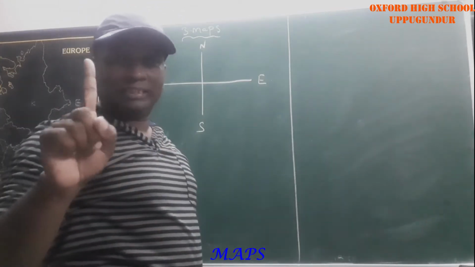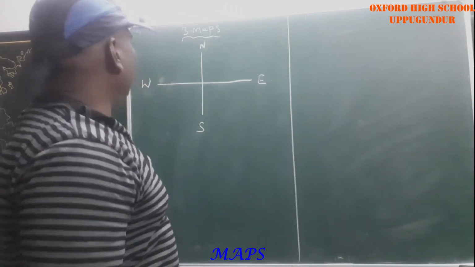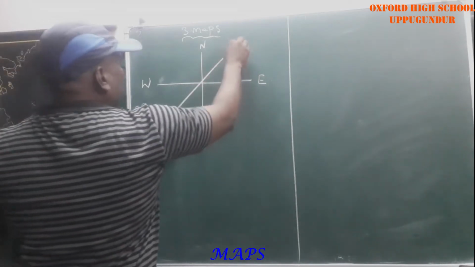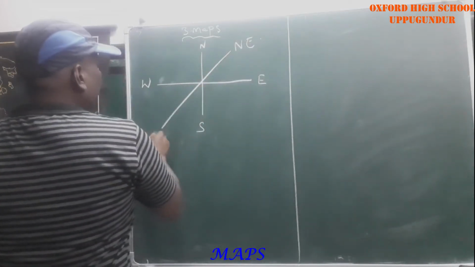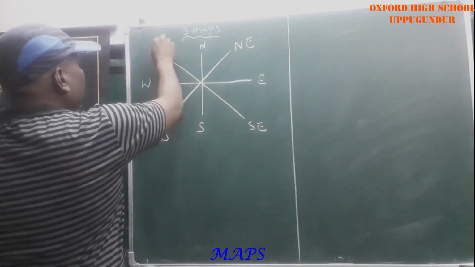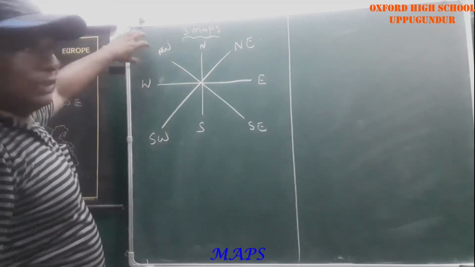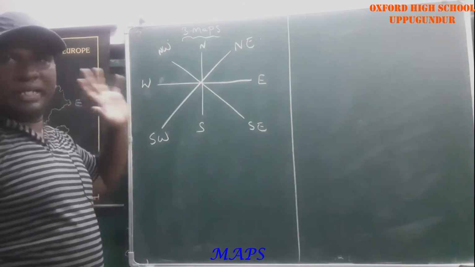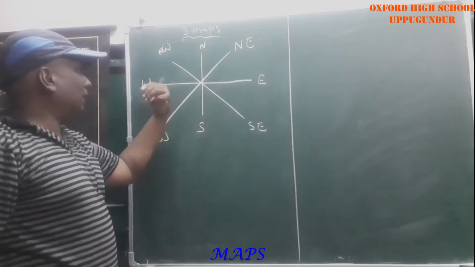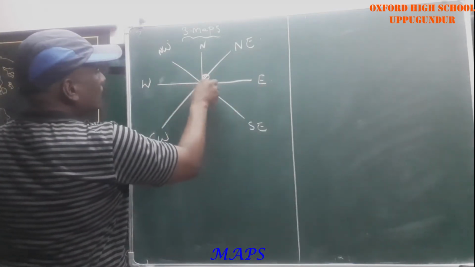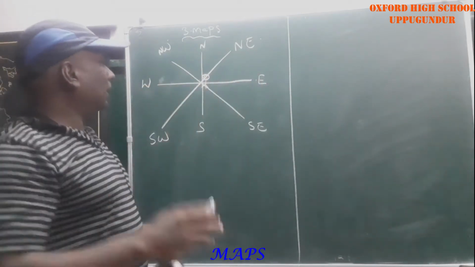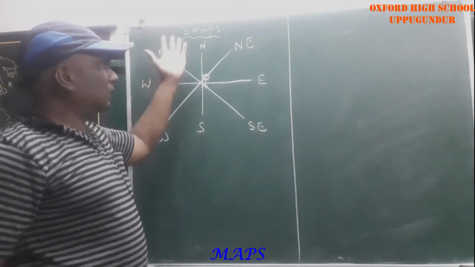You know this general information. So this is indicating the directions. This is northeast, this is southwest, this is southeast, this is northwest. Do you understand? These are the directions we know very well. Just now I explained: suppose I am standing in front of east, my back side is west, my right-hand side is south and my left-hand side is north.